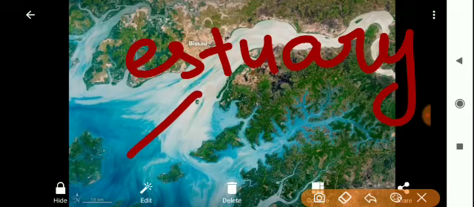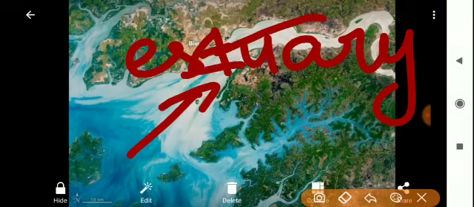See here, the ocean water comes inside and the river water comes this side. So in this place partial salinity is created. This region is high in biodiversity. There are a number of varieties of animals that live in this type of water. So this feature is known as an estuary.